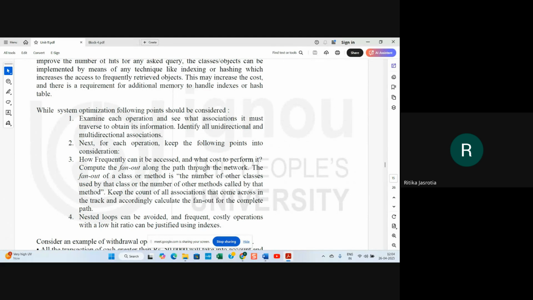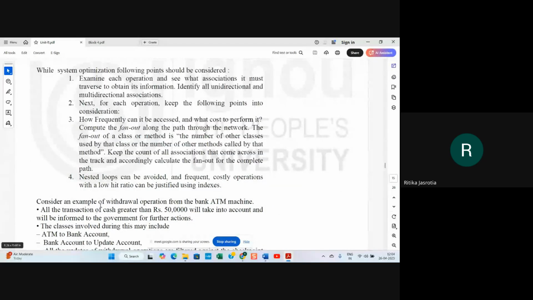Compute the fan out along the path through the network. The fan out of a class or method is the number of other classes used by that class or the number of other methods called by that method. Keep the count of all associations that come across in the track and accordingly calculate the fan out for the complete path. Then nested loops can be avoided and